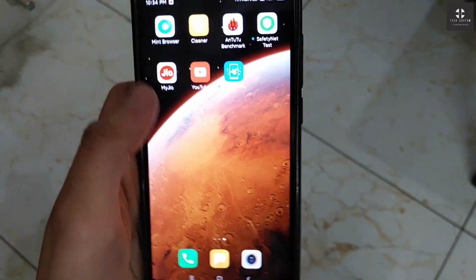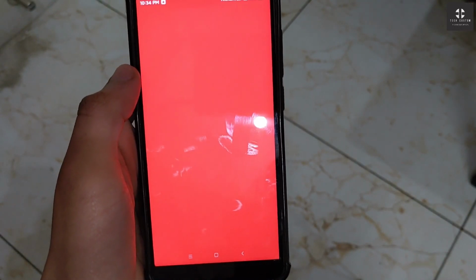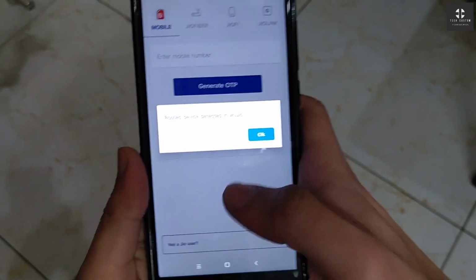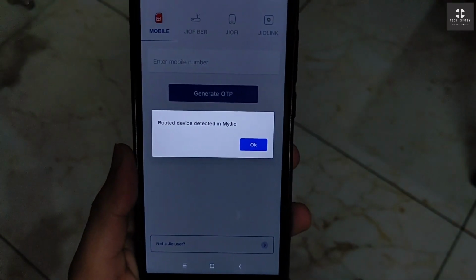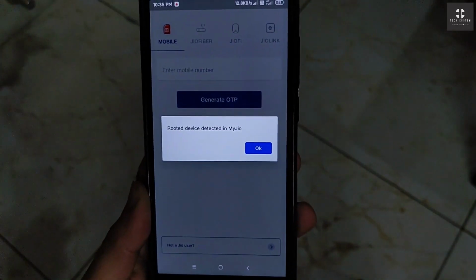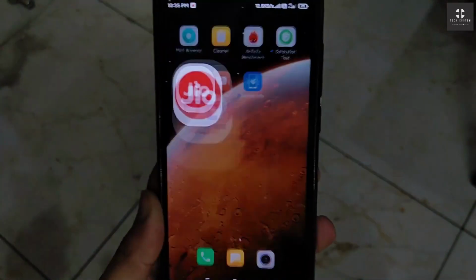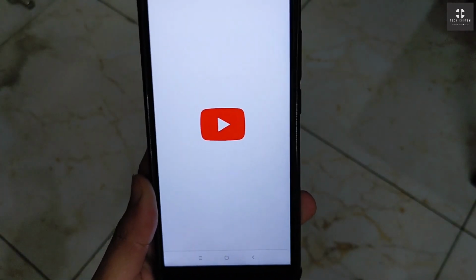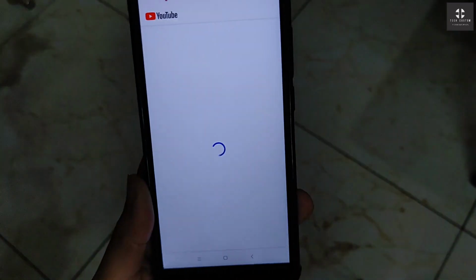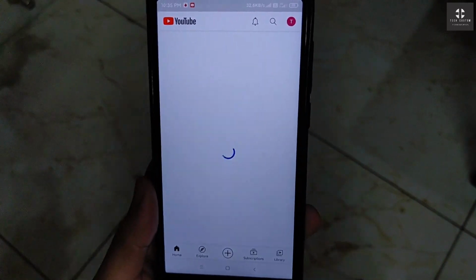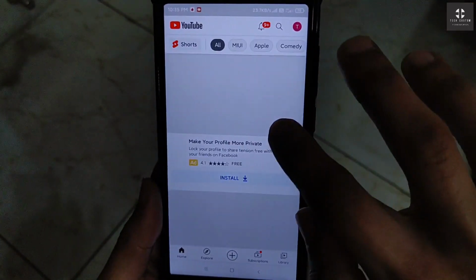Let's check the applications also, whether the Jio application works or not. I have installed the Jio application, so we will test it. Here you can see Jio application is not working perfectly, or you cannot use the banking application in this ROM, or there may be some error while installing WhatsApp. It may say that you have installed a custom ROM or some other type of error. So Jio application is not working, or banking application will not work. Here is YouTube. YouTube is working perfectly, no problem in YouTube. You can easily use YouTube without any problem. Here you can see I have already logged in the account. Here you can see it works perfectly, no problem, no error is showing.